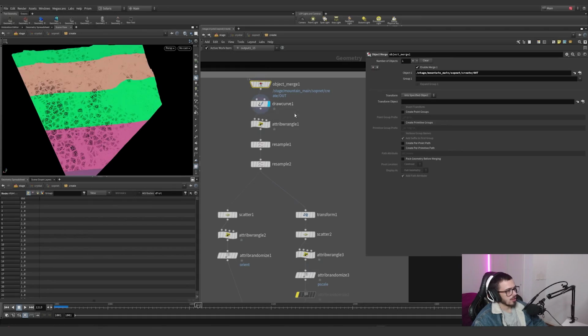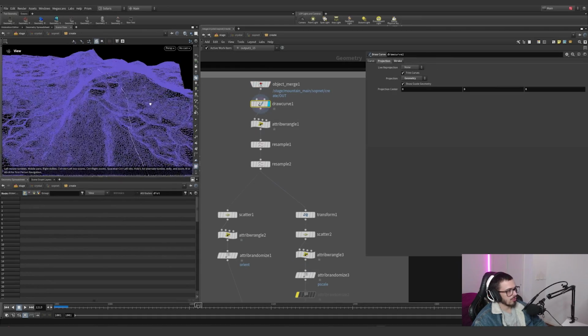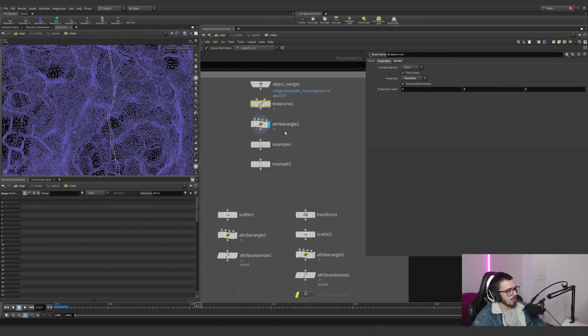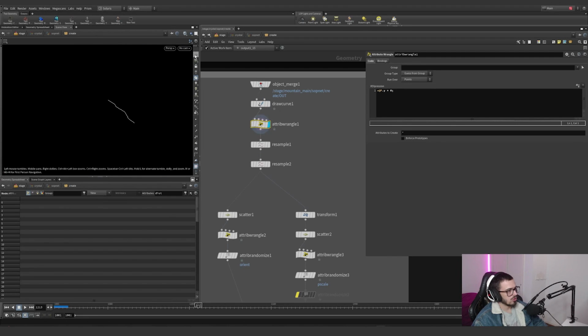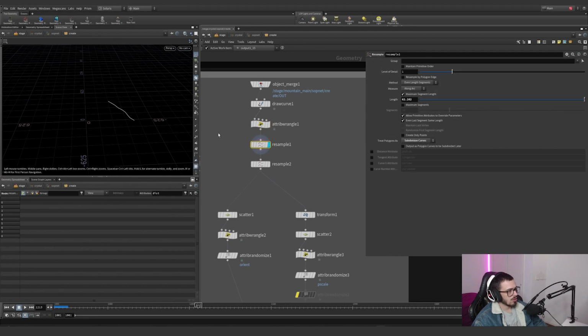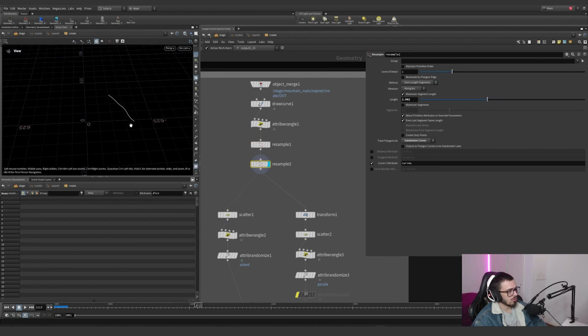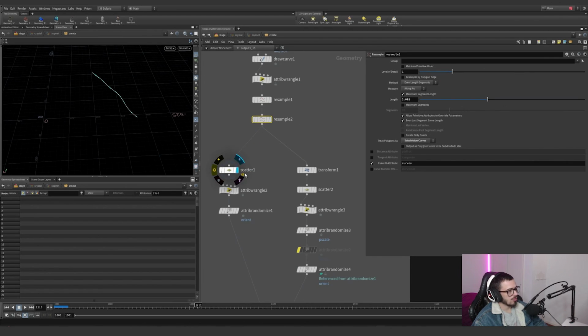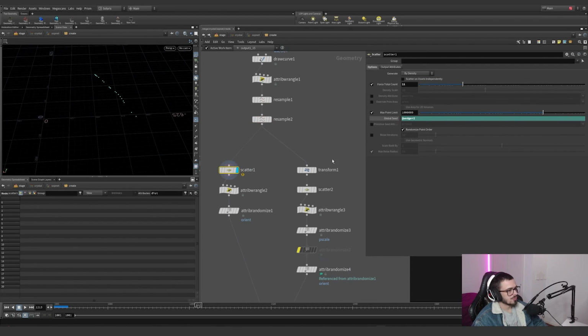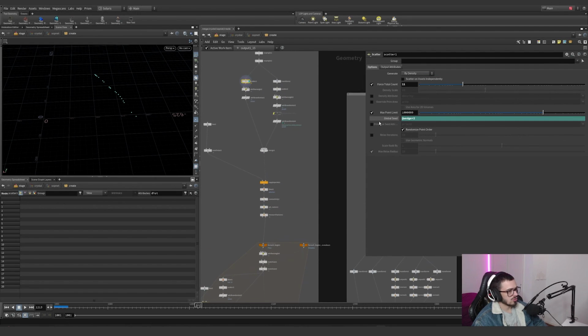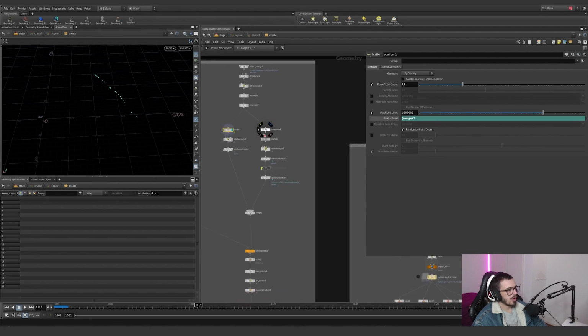So all the setup is done here, where I'm grabbing this, which is what we had before, and drawing a curve roughly where I wanted this to be. Then I'm placing all of them to this 0, to the grid. I'm resampling this, and I'm resampling this again, so it's a little bit softer. And I'm scattering, in this case I'm using a wedge. It doesn't really matter. This is just a seed. And I'm having this amount of